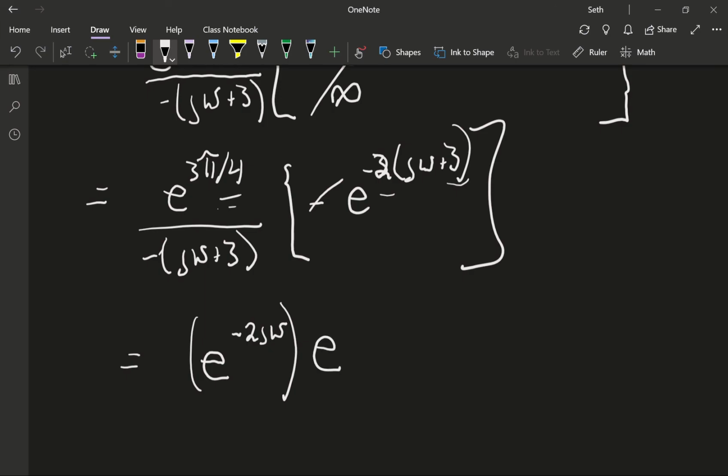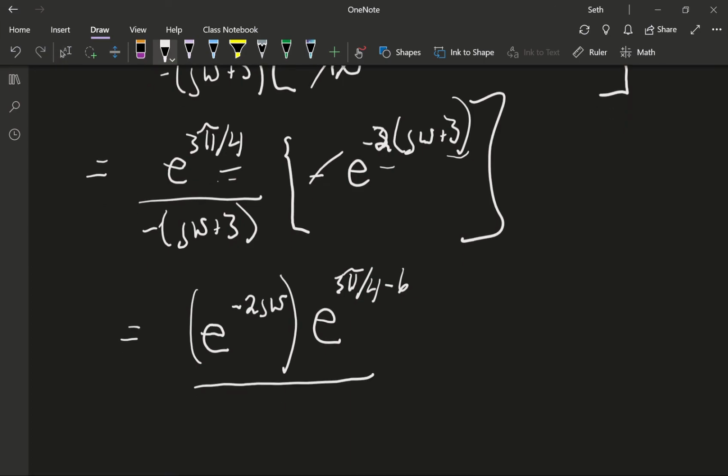So we get e to the 3 pi over 4 minus 6, all divided by 3 plus j omega. Okay, the reason I simplified it all the way down to this is because this is